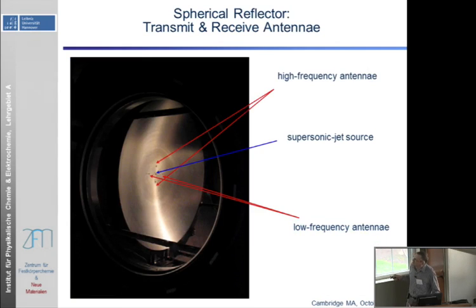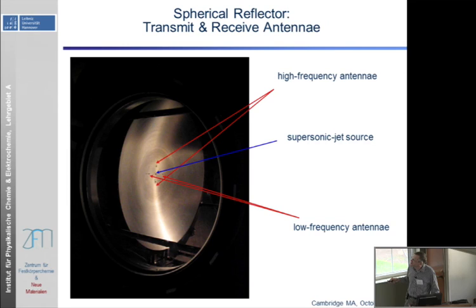This is one of our mirrors. In the beginning it was constructed to look for larger molecules that have small B values, so the spectrum has a tendency to be shifted to low frequency. So the resonator is slightly bigger than what you might normally know from Fourier transform machines. It's about 63 centimeter diameter, with about the same distance between the mirrors, which allows us to operate down to 2 gigahertz.